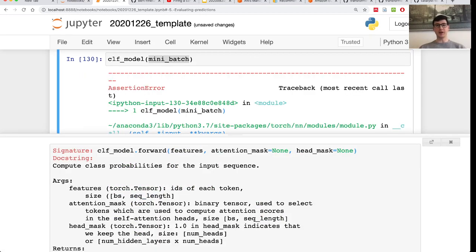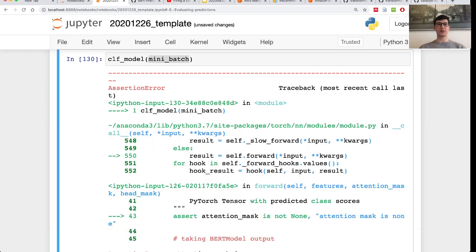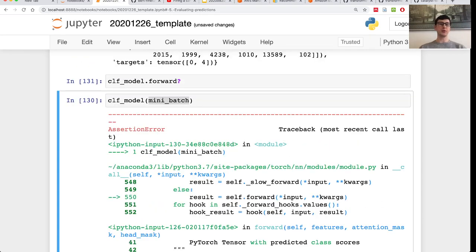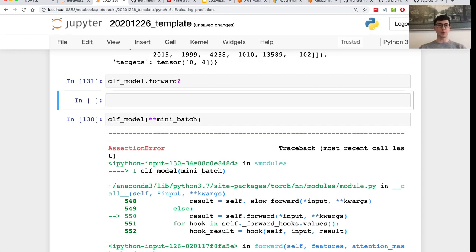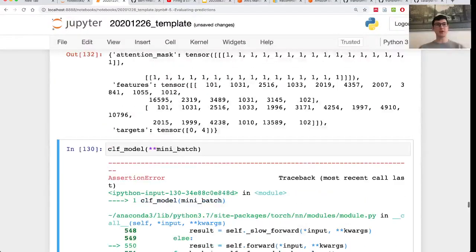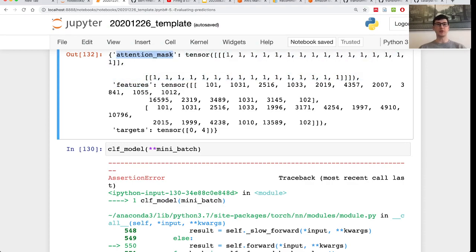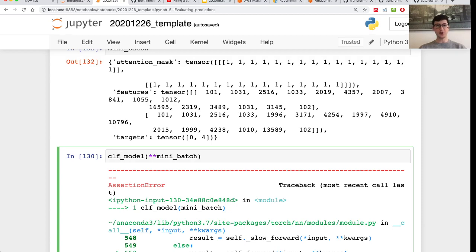Okay, remember we defined it that we needed features, attention masks, and head masks, and we passed a dictionary. That's not a good thing to do. So we can actually extract all the keys from this dictionary, right? So here in this mini batch, it's a dictionary, and we have exactly the same keys as we need, right? And so we can use 2 stars to basically provide features as a separate key, attention mask and